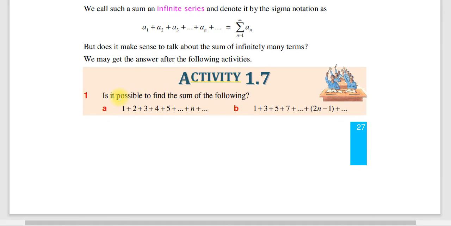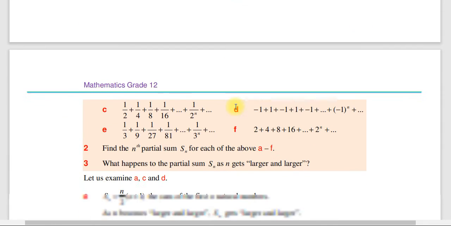ለምሳሌ ይሄን እስኪ: is it possible to find the sum of the following 1, 2, 3, 4, 5, … n ብለን እየደመርን ብንሄድ የት ነው የሚያደርሰን? የቁጥር እናውቀዋለን። እዚህ ጋር በተመሳሳይ ሲኩዌንሱ ነው የሚለያየው 1, 3, 5, 7 እያለ 2n − 1 ኦርደር ነው። ይህንስ ብንደምረው ፋይናል ቫልዩ እናገኘዋለን ይለናል። ስለዚህ በእንደዚህ አይነት ወይ ኤክስፕረስ የሚደረግ ሲኩዌንስ ምን እንለዋለን? ኢንፋይናይት ሲሪስ እንለዋለን።